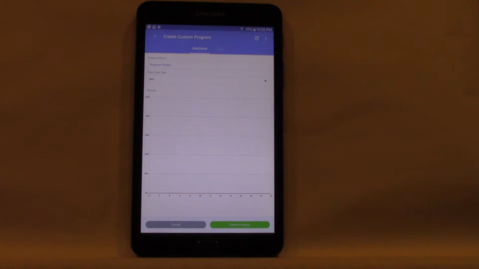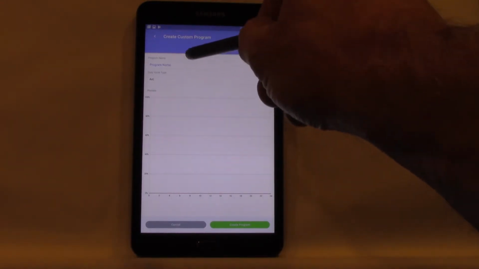I have up to 8 points over any 24-hour period that I can go ahead and set. I can then interpolate between those points using an arc, using a line, using a step function. I have the same capabilities I have with an astronomical program for setting the LED values. So we'll go ahead and just call this